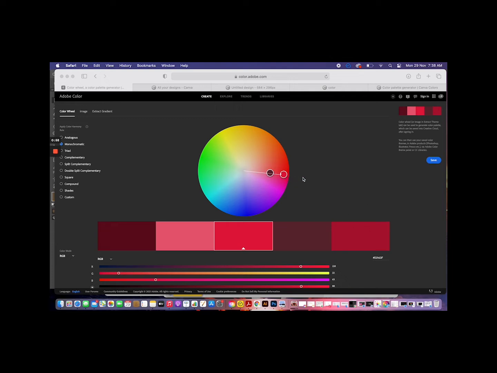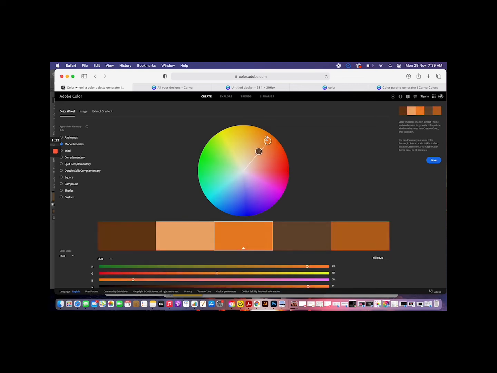Now the first pairing that we basically know when it comes to color combination is something you're already familiar with. That is hues, tints, shades and tones. Now for any single hue, when you put together its shades, tints and tones, it is called a monochromatic color palette. For example, here my main hue or my main color is going to be one thing that I select with this larger circle. Now what I'm going to do is drag the other circles in and out accordingly. So this will help me decide how my color palettes are going to be.